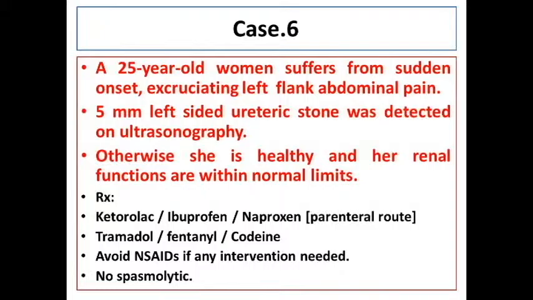So what we need here is a potent analgesic drug, and my choice here is ketorolac injections. Of course you can give ibuprofen or naproxen. Parenteral use is what is preferred. People might require tramadol or fentanyl as an opioid analgesic if they do not get relieved by just putting them on an NSAID. You need to avoid NSAID if you want to do any intervention or a surgery for this patient, because NSAIDs give rise to bleeding. So even if you want to use these drugs, better to avoid. You can maybe put the patient on some opioid analgesic in that case.